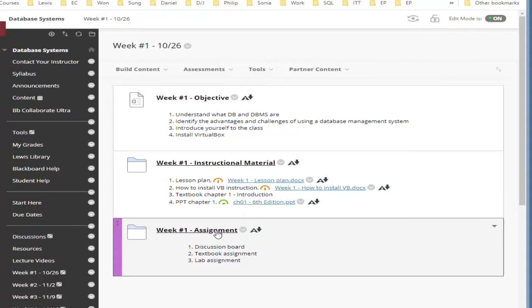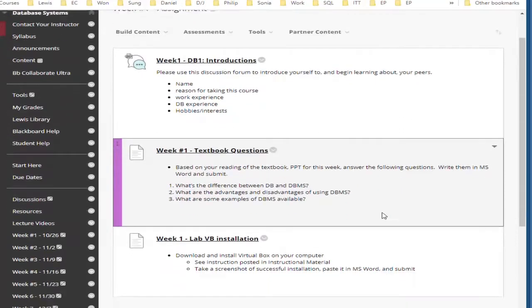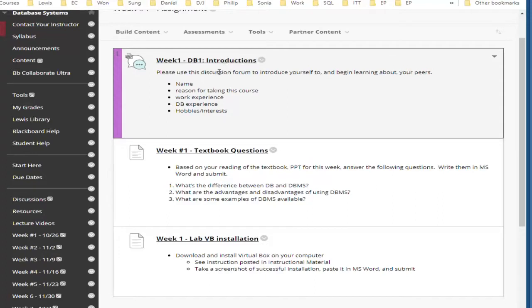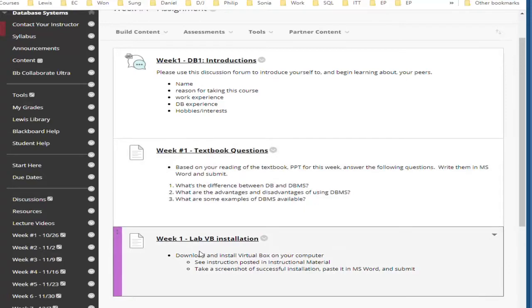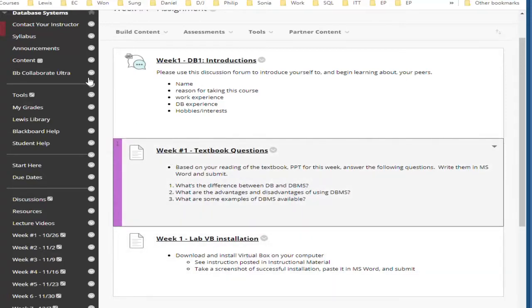So if you click on the assignment folder, here are 3 assignments, or all of the assignments that are going to be listed in every week that I'm assigning. So here's an introduction. I'd like you to click here and introduce yourself. There is a question from the textbook, which I'll talk about in a little more detail in a bit. And then there's a lab assignment. Okay. If you go back,